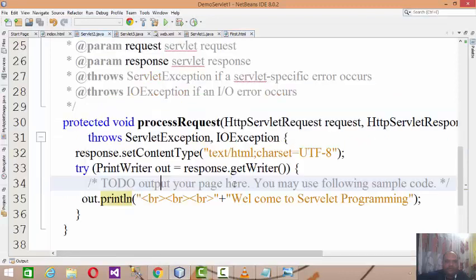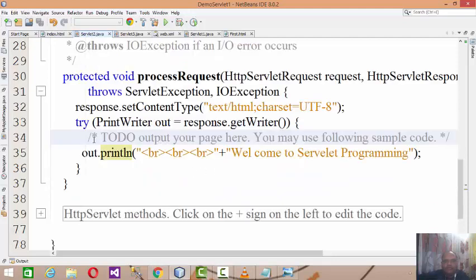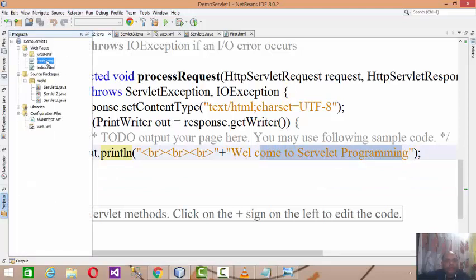Right now there is no logic on the server, it will only read the request. It is not posting any data and printing it over here. So in this manner you can develop a request page, and to produce a dynamic response from the server, we need to create the servlet.